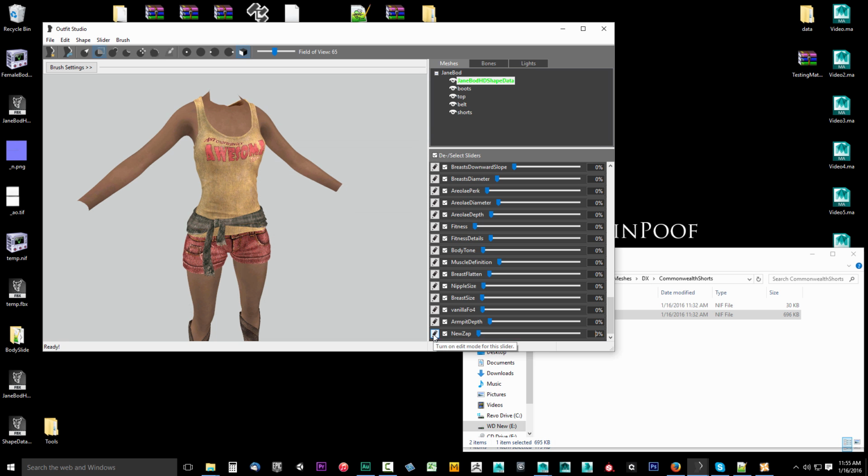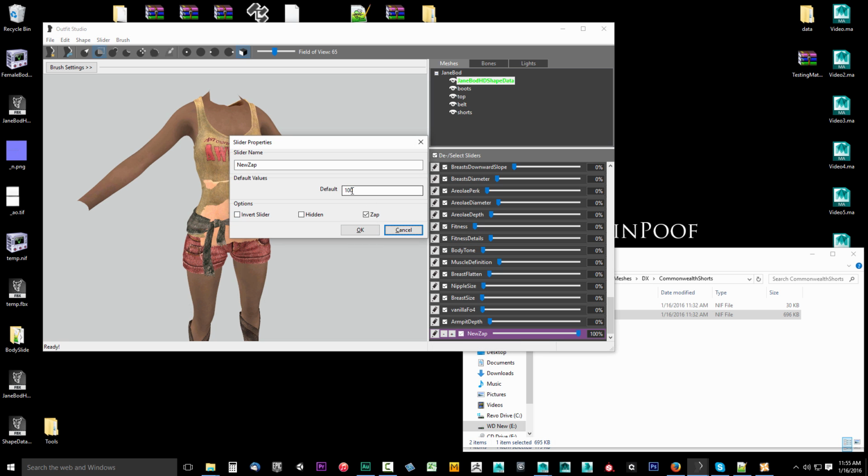Then go ahead and click this little pencil. Now this is important. Always double check it. Always open it up and make sure it actually went to 100. Because sometimes if I click here and type in 100 and then click OK, sometimes